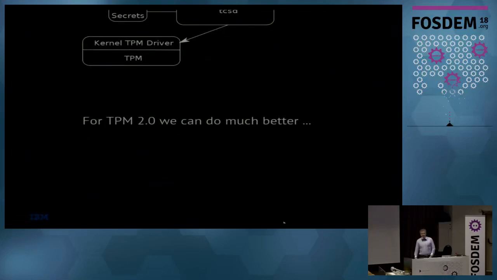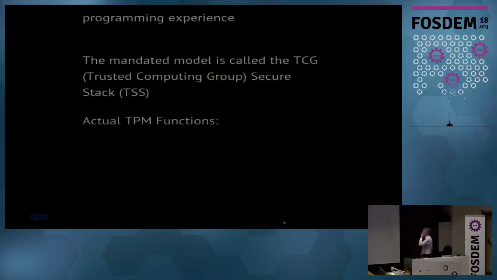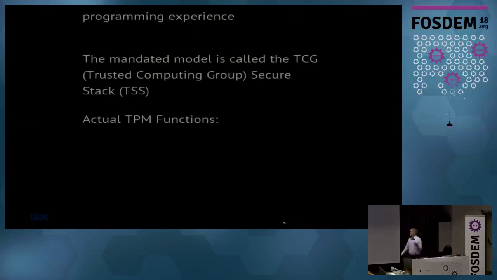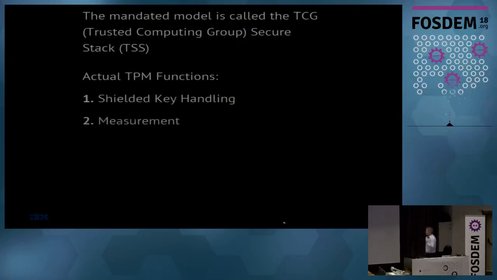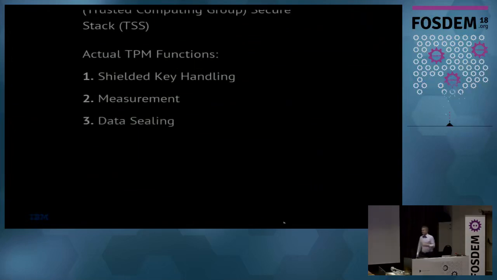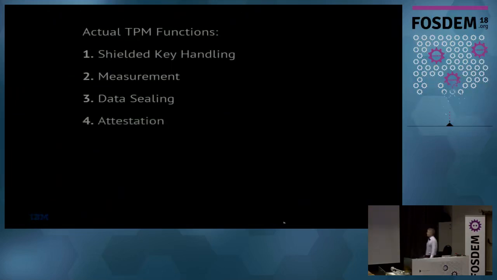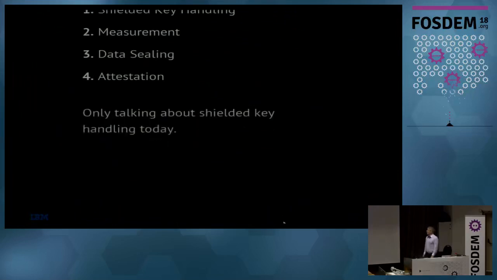So what we plan for TPM 2.0 is to try and do much better. And the problem here is that the Trusted Security Group thought that their model wasn't complex enough for 1.2, so they've made it even worse for 2.0. So the actual functions that a TPM can do are shielded key handling, measurement, which is, if you've heard about trusted boot, this is usually the measurement functions. Data sealing, that means you can actually put private data into a TPM and not get it out again unless you satisfy certain policy conditions. And attestation. The only one I'll actually be talking about today is shielded key handling, because that's the one that's